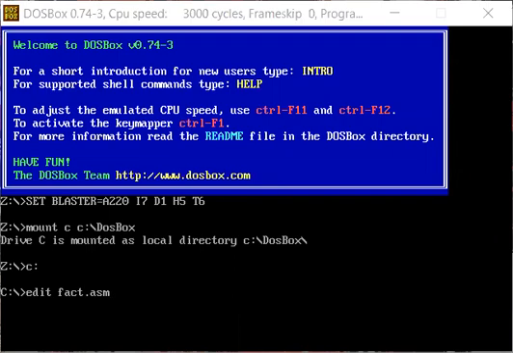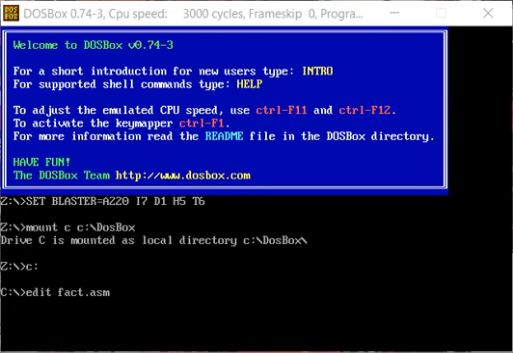Coming to the lab assessment 2, the question is to find the factorial of a number using 8086 registers. Coming to the introduction part, first of all, the file creation: we mount this C drive which contains the program to a local directory. Then we shift control to the C drive. Then using edit factorial.asm, this file contains the assembly code for factorial.